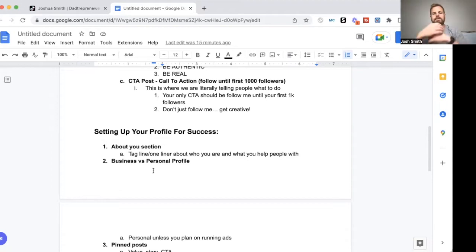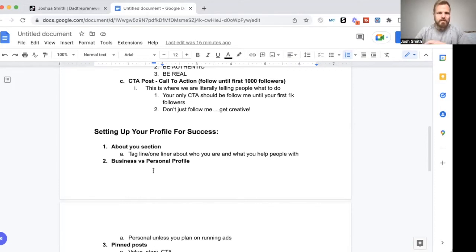Okay. And here's why: because when you have a personal account or a creator account, you're going to have access to all of the trending audios. And if you've been around TikTok long enough, you know that trending audios can make or break your account. Okay. When there's a 5 second long audio that's trending and everybody's using it, you could literally use that same audio and one of your videos could blow up overnight and you could gain thousands, if not tens of thousands or even hundreds of thousands of followers literally overnight with the power of trending audios. Okay. And when you have a business profile, there's copyright issues you have to deal with. There's all kinds of different things that you have to deal with.